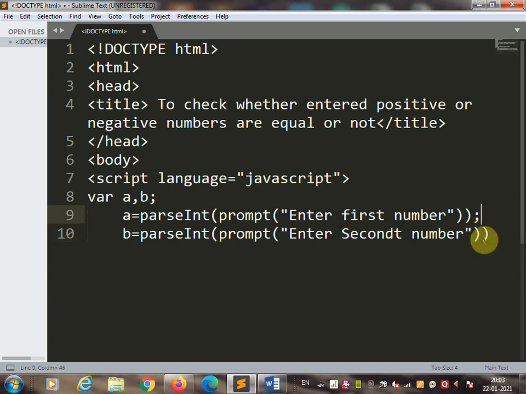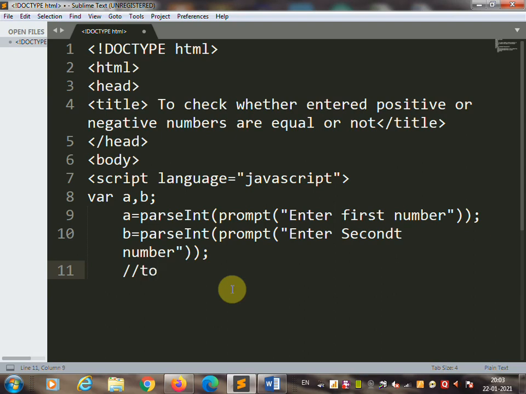you have to start with the condition now. Here the condition will start to check whether the entered integer is a number or not. For that I am going to add comments over here in JavaScript. When you add comments in JavaScript, you must use two slashes and then you can write the comment.